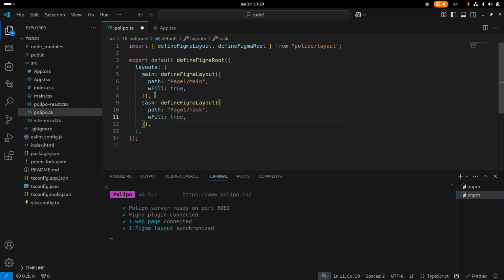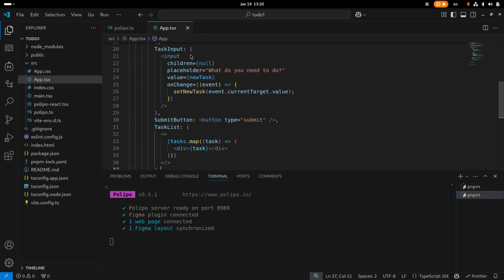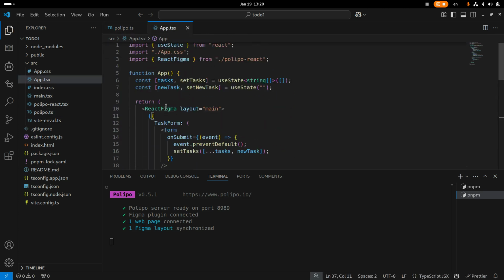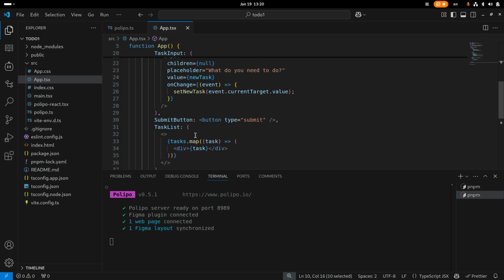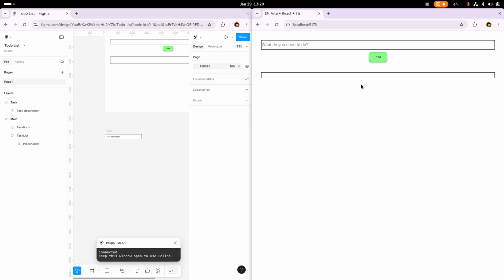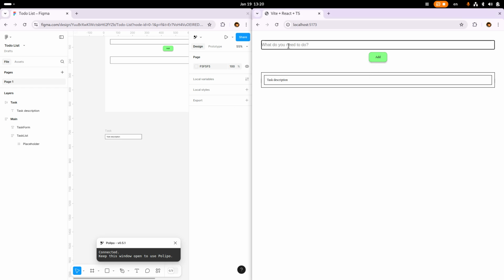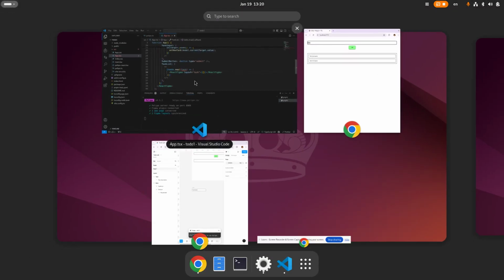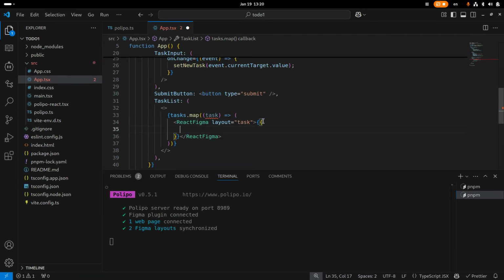That's supposed to be true. And finally, let's use it here instead of a div for displaying the task. So React Figma layout task. Let's see if it works. Okay, all good except that the text of the task is constant